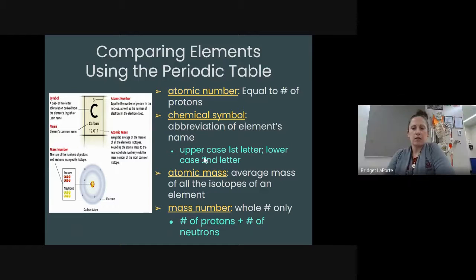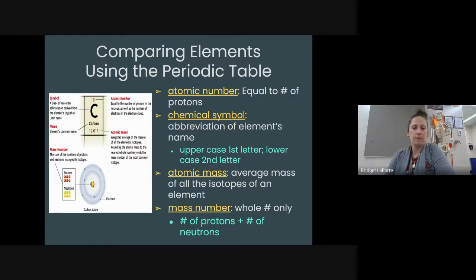So again, you can see a couple of things color-coded in different colors. I know my little exit thing keeps popping up at the bottom, so I'm trying not to move it. But that mass number equation is something that you need to memorize. You need to know that so that when you are looking at what we'll call PNE charts, proton, neutron, and electron charts, when you are given information about an unknown or mystery element, like its proton number and its electron number, or its neutron number and its proton number, you are able to determine what element it is and calculate